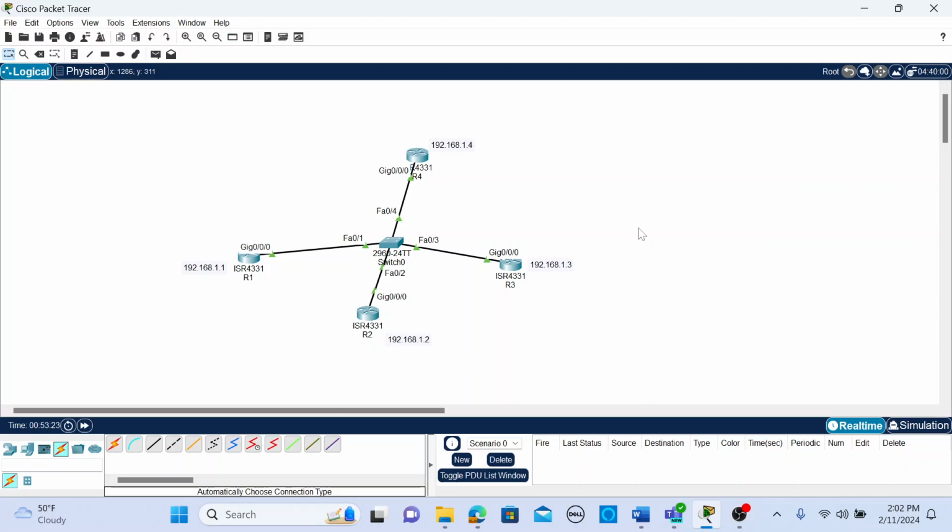OSPF is a dynamic routing protocol used basically within an autonomous system. A lot of vendors use it, because it's an open standard protocol. You can use it for dynamic routing, so you don't have to use static routing. You don't have to go to every router and say that, okay,